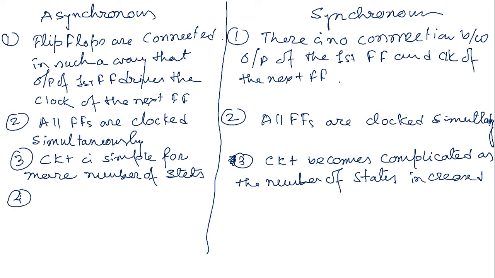Number 4, speed. Even though the circuit is simple, it can take more time. Why does it take time to run the counting process? Because the clock is propagated through a number of stages. We provide the clock to the first flip-flop, then the first flip-flop output controls the second, and the second flip-flop output controls the third. In this way, the speed of operation of the circuit